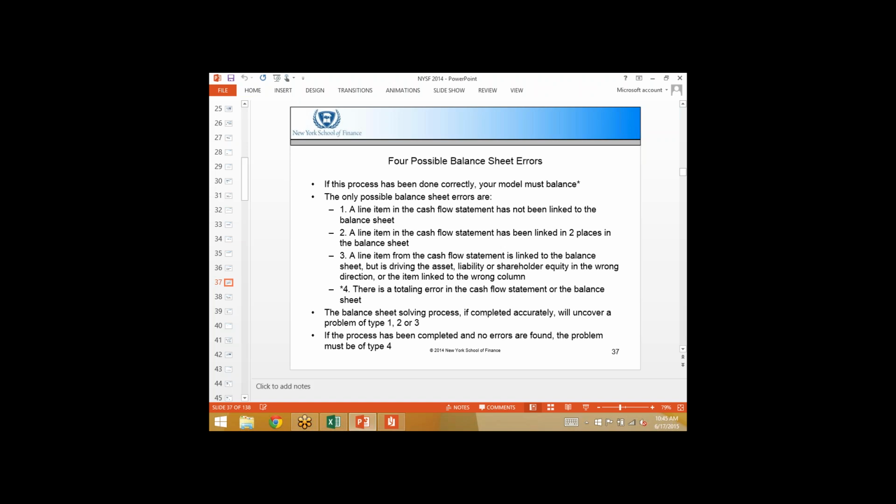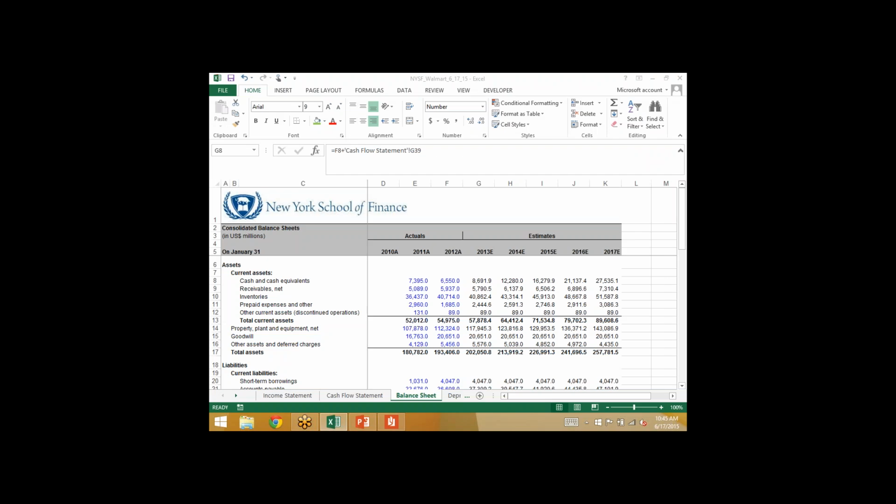3, another common error, there's a line item from the cash flow statement into the balance sheet that's linking into the proper line item, but it's going the wrong way. This is where, in other words, it's increasing your balance when it should be decreasing or vice versa. This is where having a good structure and formula would help avoid one of the major problems. If you have a good structured formula where you know that